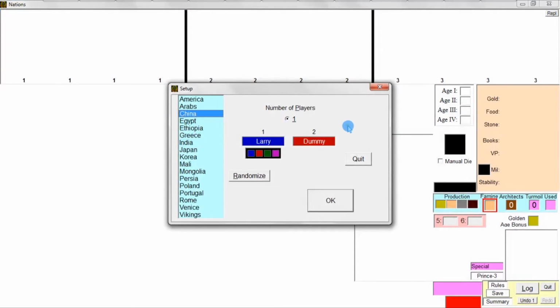Hey everybody, and welcome. Today I am going to be doing a standard solo playthrough of Nations Dynasties expansion. I am relatively new to the game, so don't expect any great strategic help in watching this video. This is mostly for people who are maybe contemplating getting the Nations expansion, who want to see what it adds and how